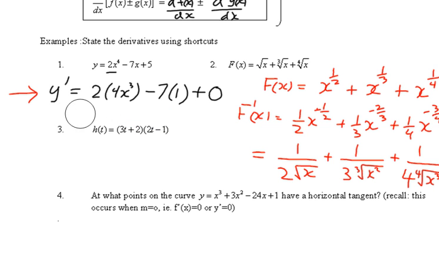Now, if you take a look at question 3, this is a product. We have not used the product rule, and we will not use it